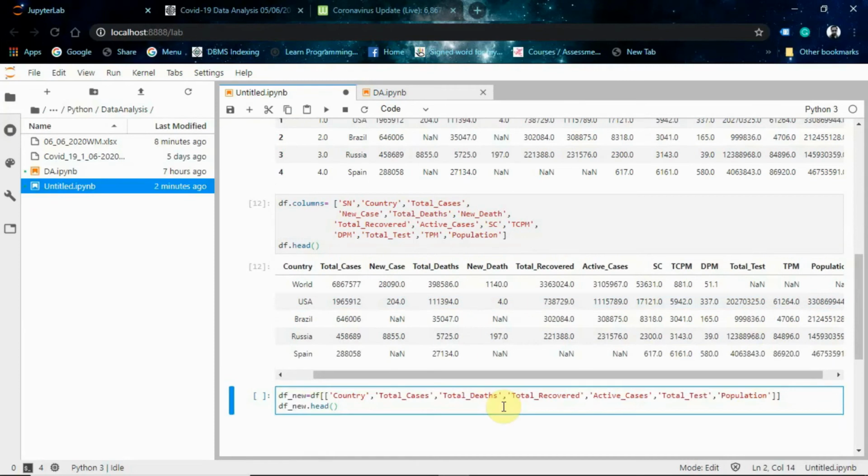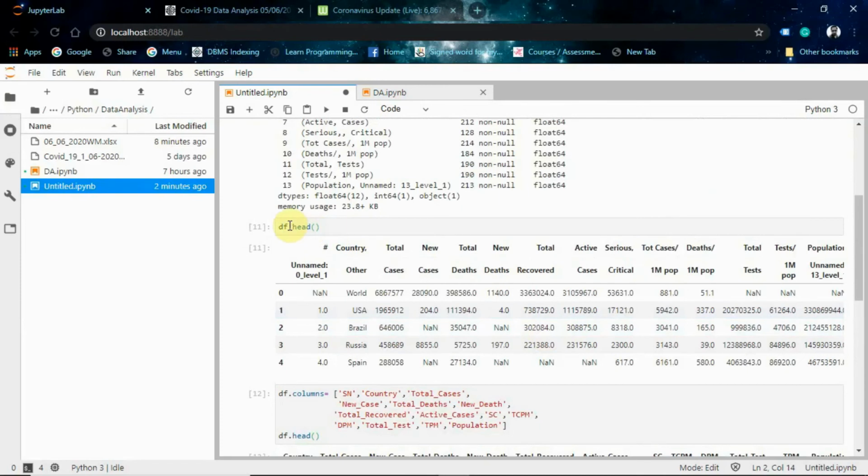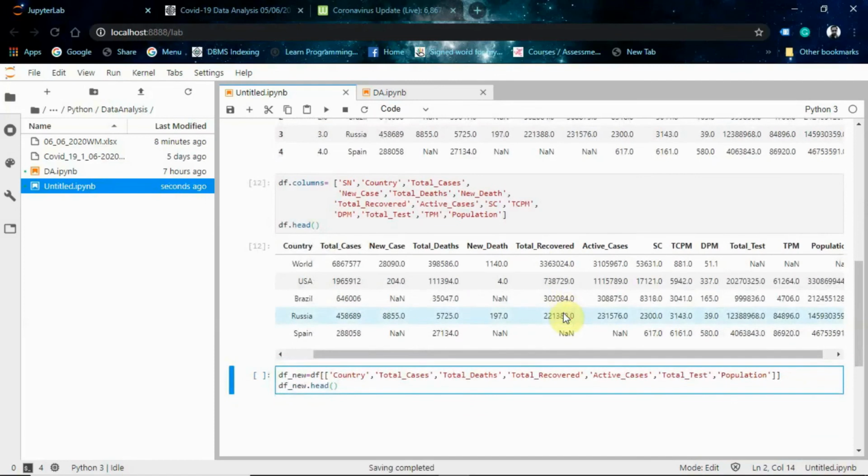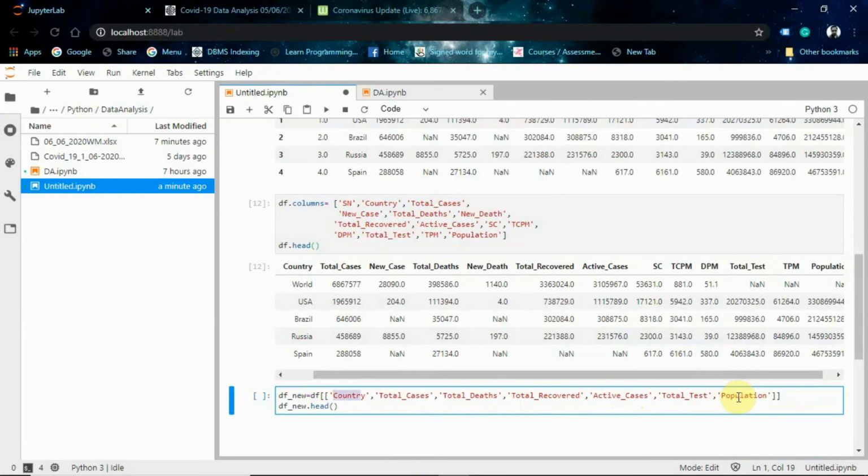One way is to just delete the whole column, but I don't prefer that, in case I make some mistake in calculating the data and want to cross-validate it against your data frame. So I created a new data frame, copying only the relevant data from the previous data frame, df, and named it df_new. It has the country name, total case, total death, total recovered, active case, total test, and population.